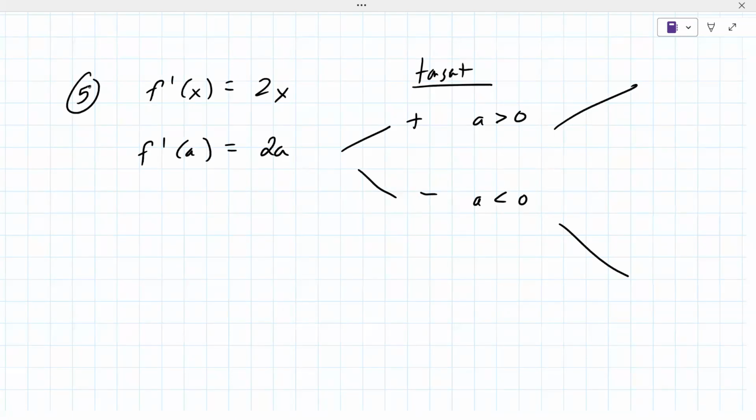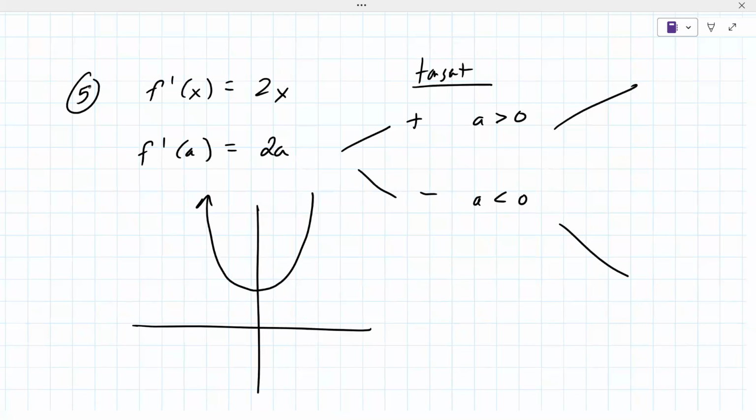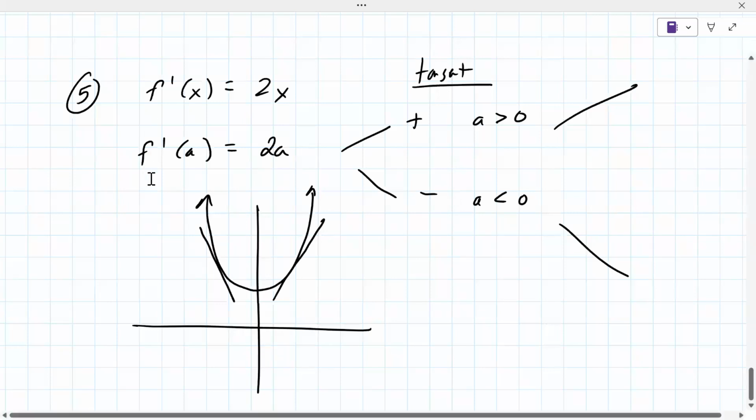Oh, okay. So then I would just write it out. So let's look at the graph of x squared plus 2. So you can kind of see visually what's going on here. X squared plus 2 looks like that. So when a is greater than 0, the tangent lines, you said they go up and to the right, but when a is less than 0, they go down and to the right. Oh, okay, looking for some words to describe that. That makes more sense. Yeah, so it's really asking you about the graph of the original function